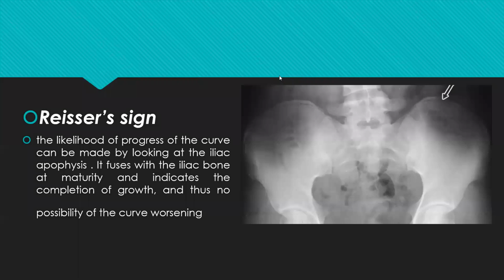Next is the Risser sign. Why should we know about the Risser sign in scoliosis? The Risser sign is something linked to the pelvis. Here, whenever there is iliac apophysis growth, it is graded into 5 stages. Depending upon the stage, we can identify the remaining growth potential for this patient. So if there is a scoliosis, we can understand whether the scoliosis will worsen or not with growth. To know that, you should know about the Risser sign also.